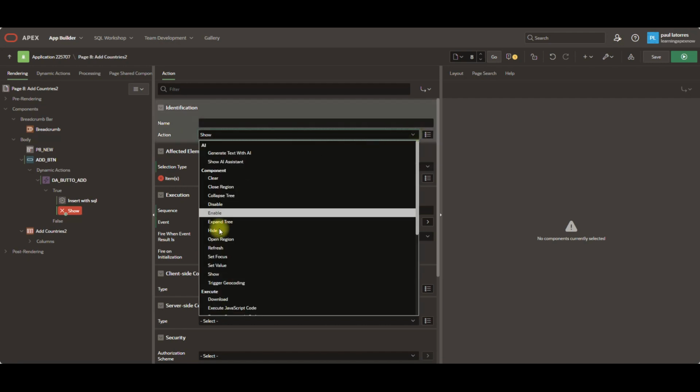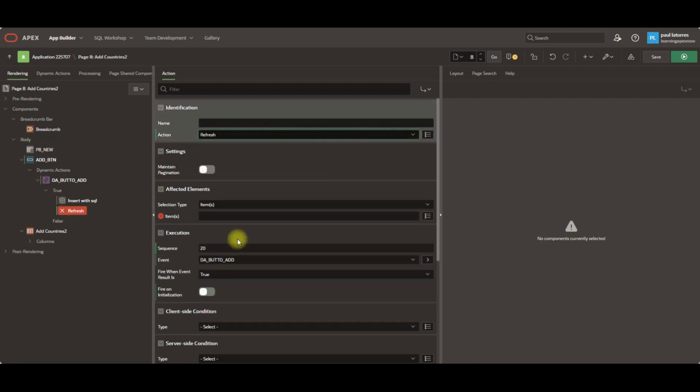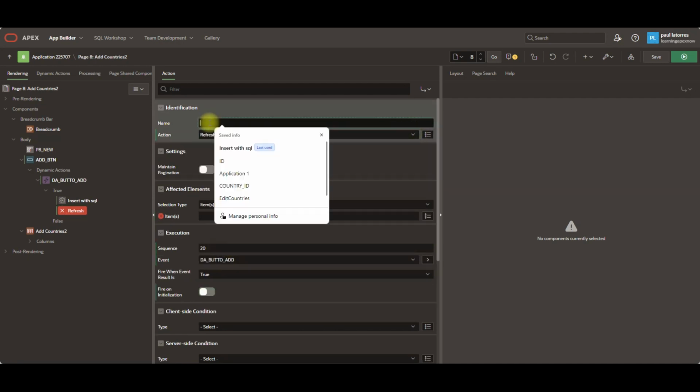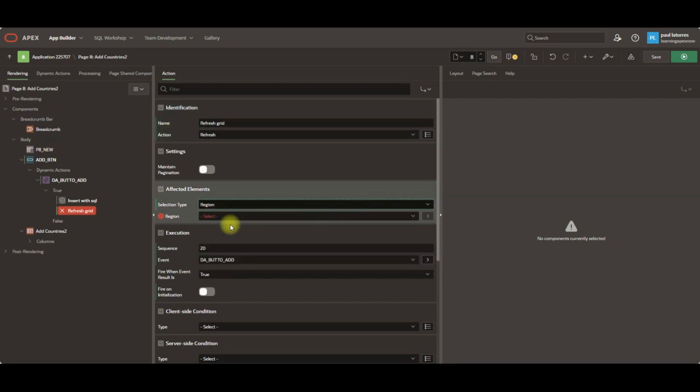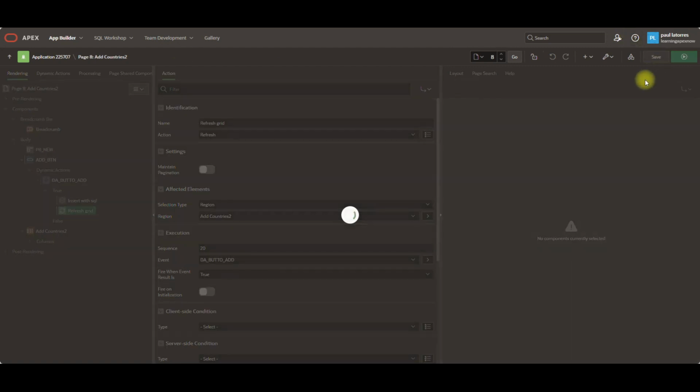It is going to be a refresh action, so I can refresh the grid. And we are going to select the region because a grid is a region. A report, a grid, and a region are all the same thing. And this one is add countries too. Okay, so now if we save it,